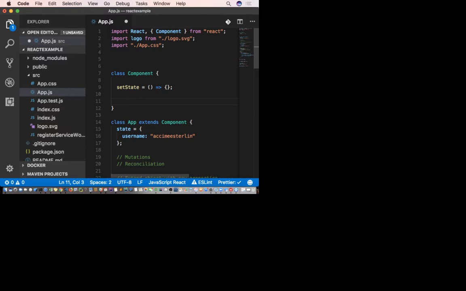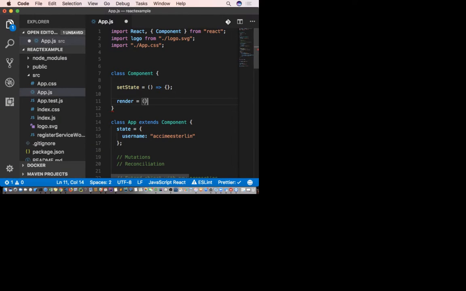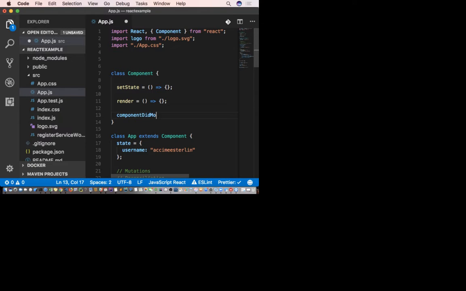If you've used React before, let's think about some other methods React has. Well, React has componentDidMount. There's also something called render. All these methods are from the Component class. Does that make sense to everyone?